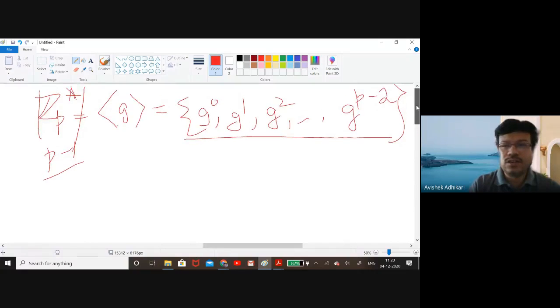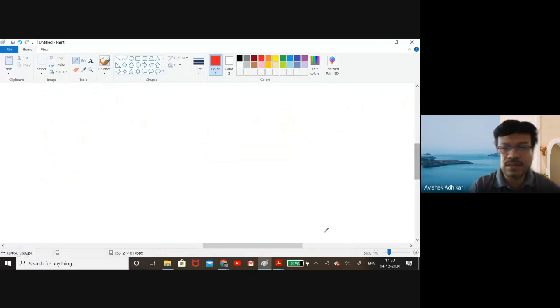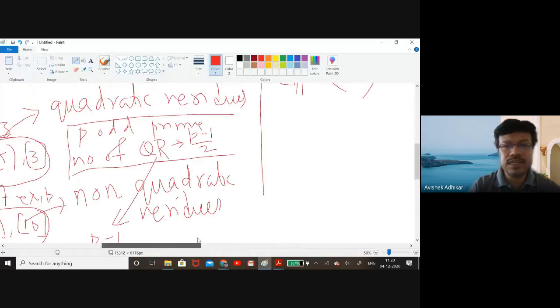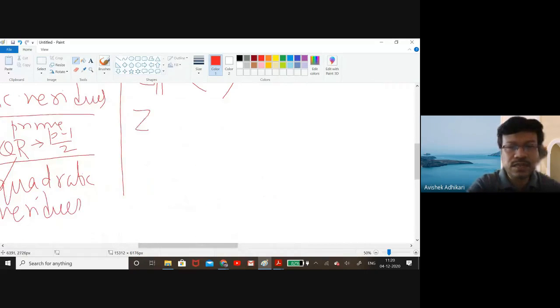So every element of Z_p star can be written uniquely in this form in terms of g. So all the elements can be represented in terms of this. Let me try to explain. Let me try to see the elements of Z11 star in that way. Here we have Z11 star. If 2 is a generator, then it can be written as 1,